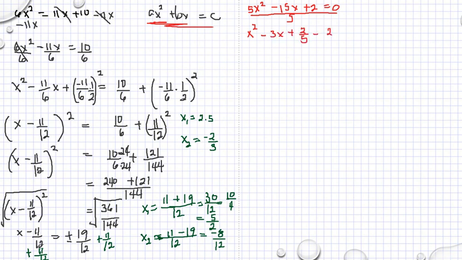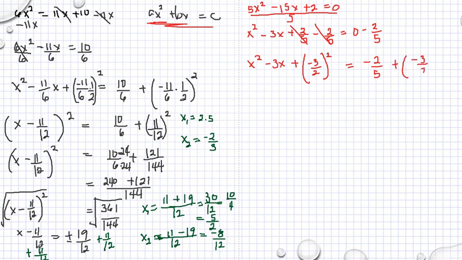If we subtract both sides of the equation by 2/5, then we have 0 minus 2/5. This is 0 now. So we have x squared minus 3x. We take the half of that. So we have negative 3/2 squared is equal to negative 2/5